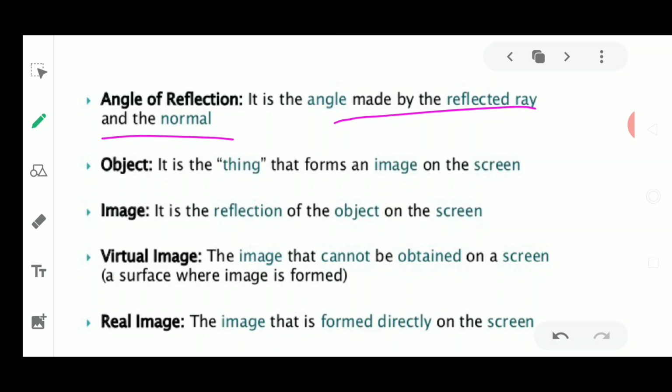I told you that we require two lines to make an angle. Here, one of the lines is made by the reflected ray, and the other line is made by us, that is known as the normal. And this normal is constructed. It is actually not present. Are we able to see the normal when the light is falling? We are not able to see even the light which is incident on the surface.